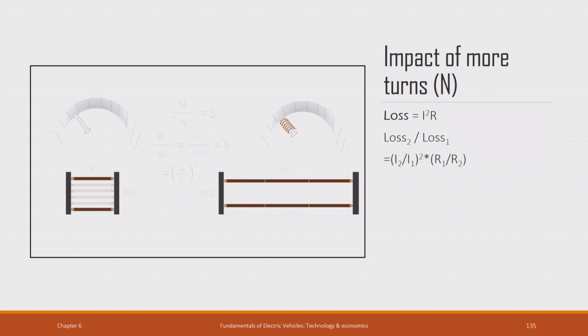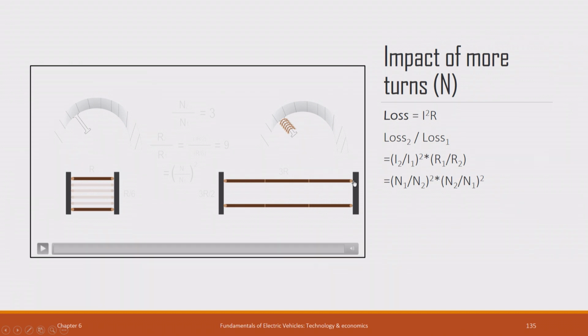But the interesting thing about increasing the number of turns is that the flux linkage becomes 3 times more. So, for 1/3 of the current I will get the same flux linkage, which means for the same torque I have to only supply 3 times less current. That is why I2 by I1 is inversely proportional to N2 by N1. So, I put here N1 by N2,